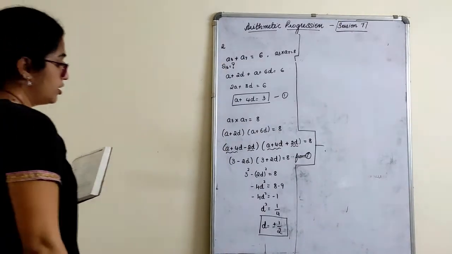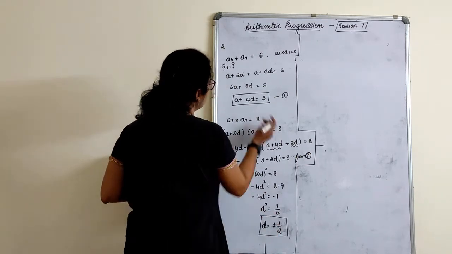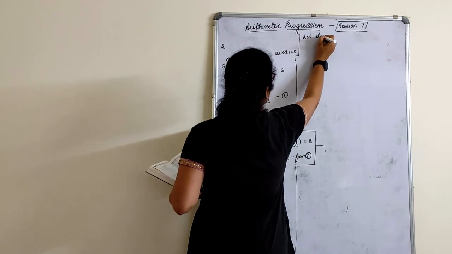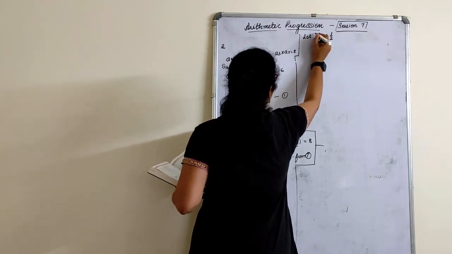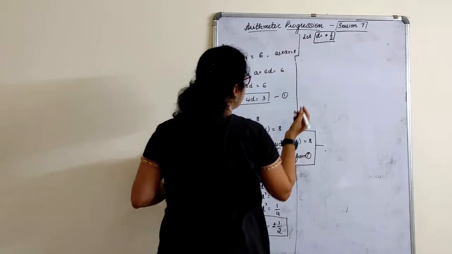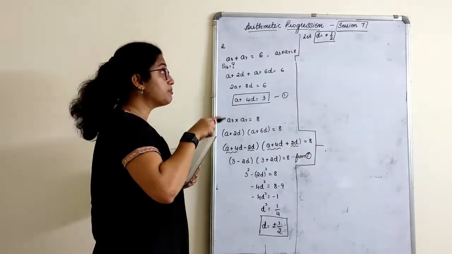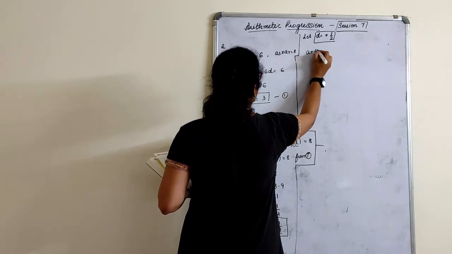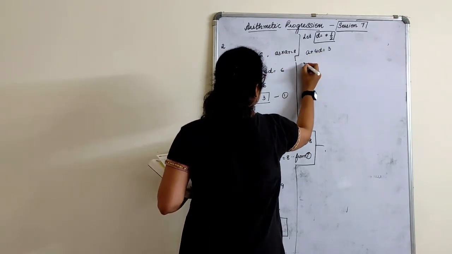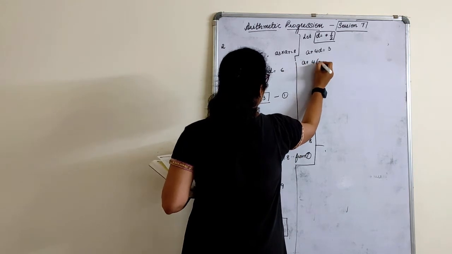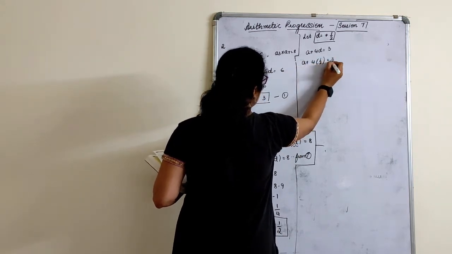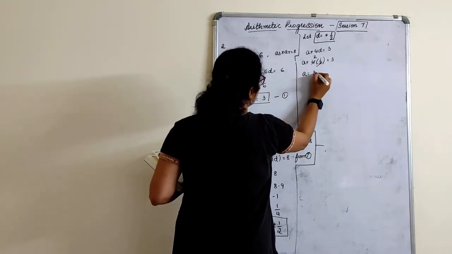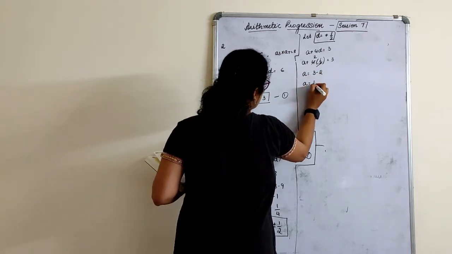Okay. So now let's find S16. Let D is equal to plus 1 by 2. So I consider in case of plus 1 by 2 what will be the A value with respect to D, and then what is S16. So A plus 4D is equal to 3. A plus 4 into 1 by 2 is equal to 3. 2 ones are 2. So A is equal to 3 minus 2, A is equal to 1.